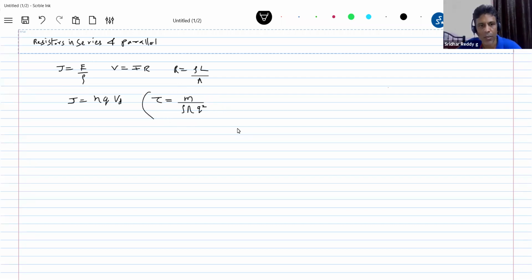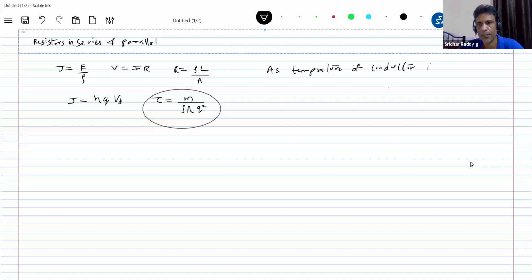There's one formula you do remember, which will help us a lot. Okay, let's come to this one. As we increase temperature, what will happen? What effects will be produced on the conductor as the temperature of the conductor increases? Then what we notice is